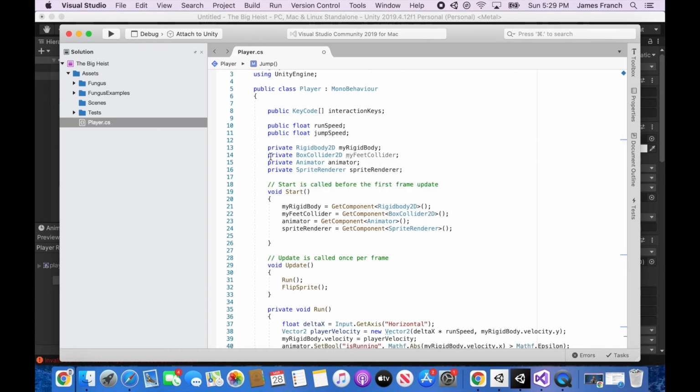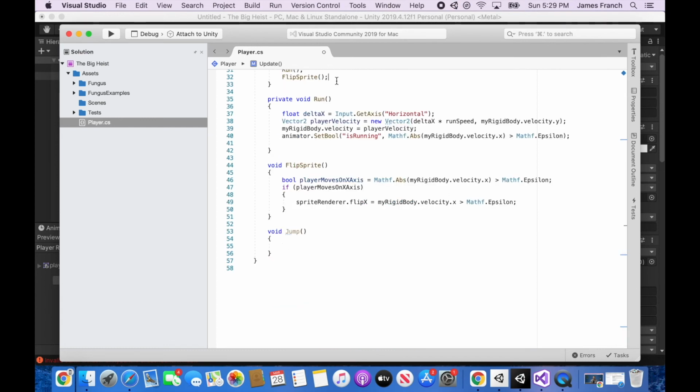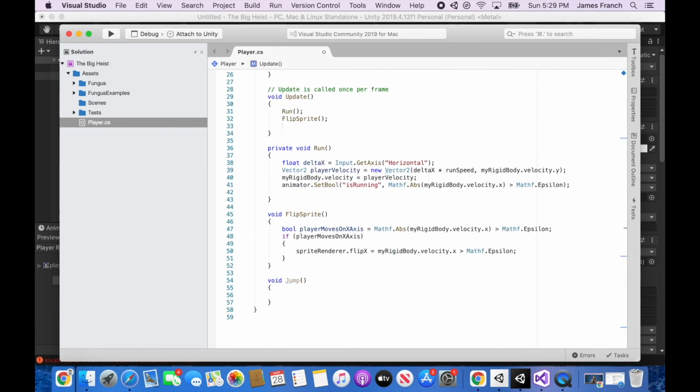But you want to put a private BoxCollider2D here. You want to get the component BoxCollider2D and set it to myFeetCollider. And therefore here, I'm going to go ahead and call this method in Update so I don't forget again. And we are going to say if myFeetCollider dot